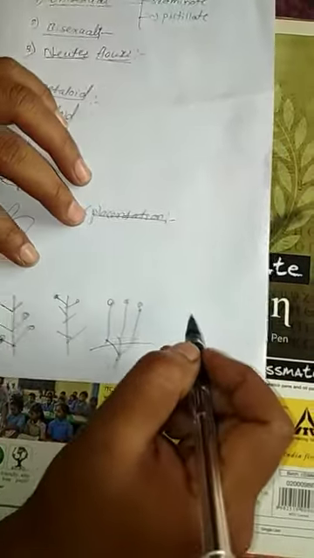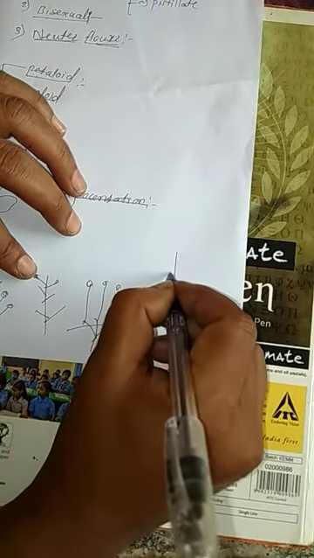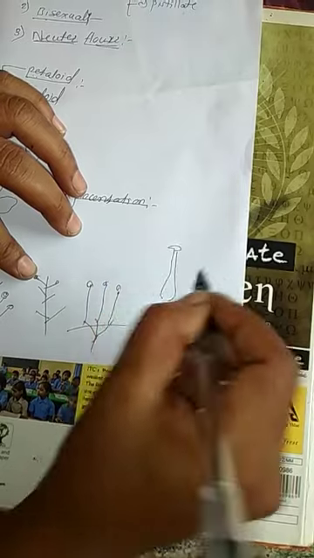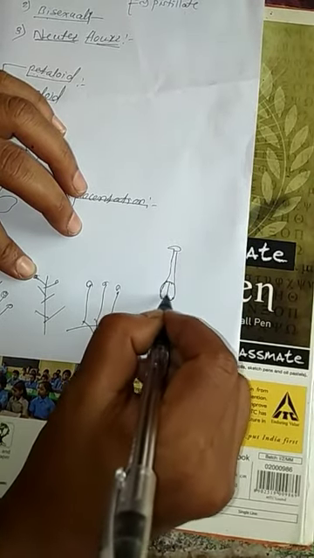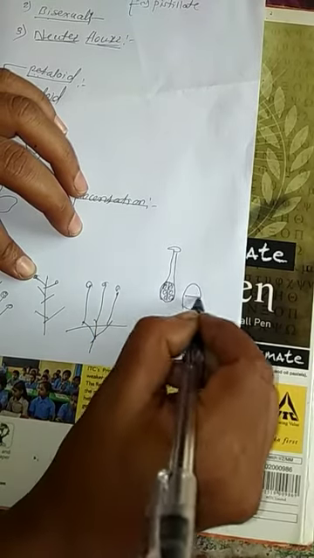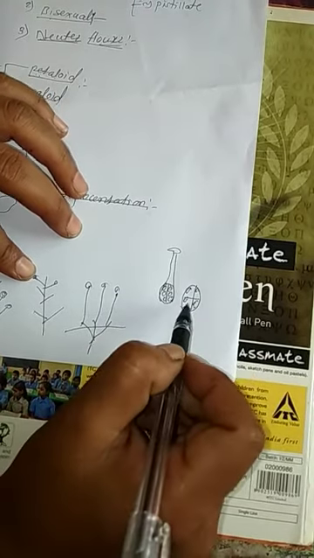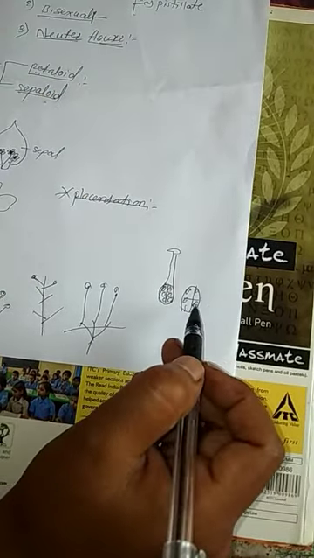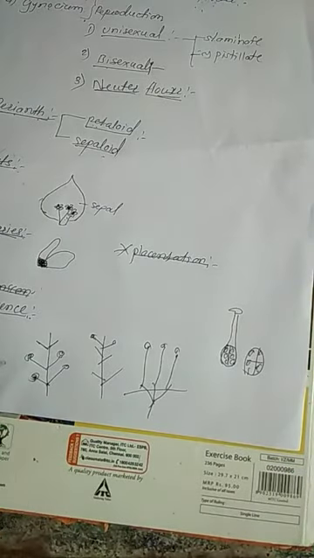In the last video I explained about that. This is the ovary, this is the style, and this is the stigma. In that ovary, the arrangement of ovules is like that. Some are like that. This arrangement of the ovules in the ovary is called the placentation. Got it, student? What are the important definitions related to this topic? Understood? All the important definitions.